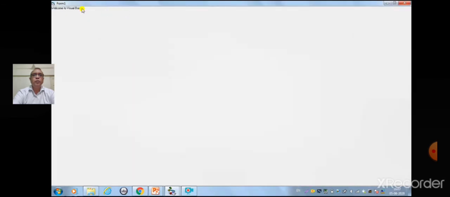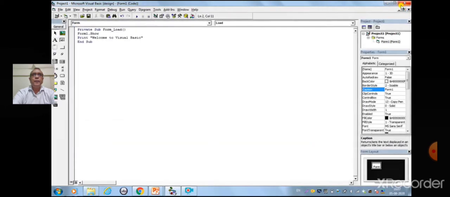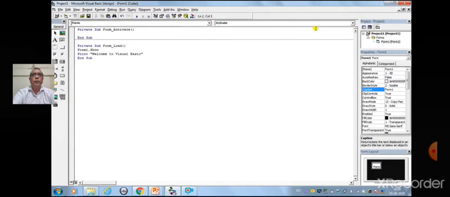Now you are able to see the output. The command print does not mean printing using a printer. Instead, it means displaying output on the computer screen.